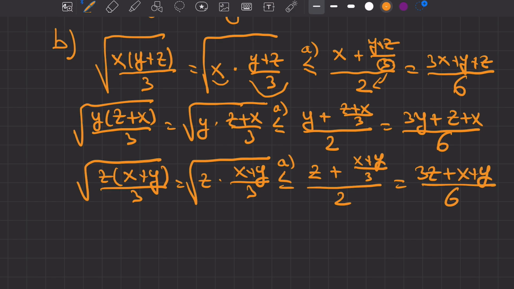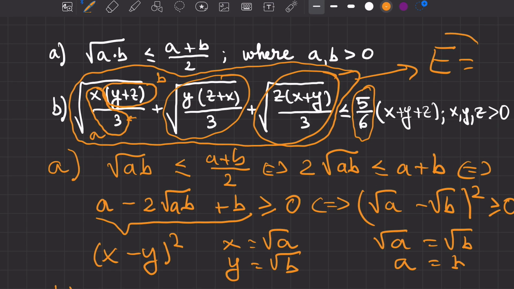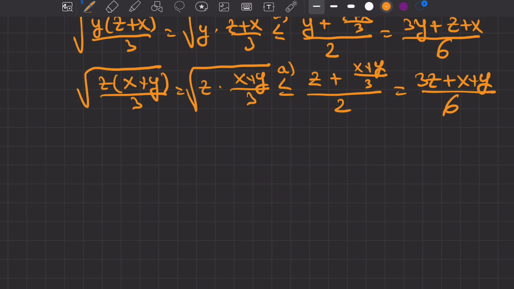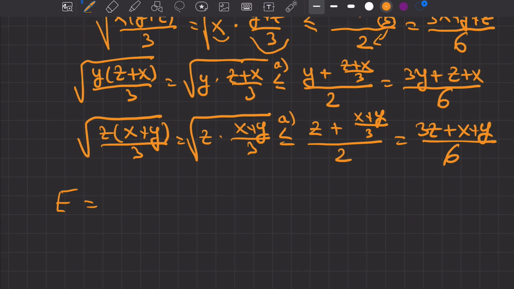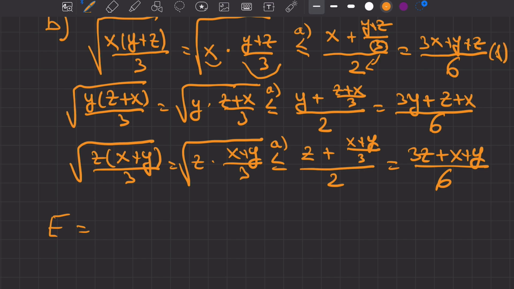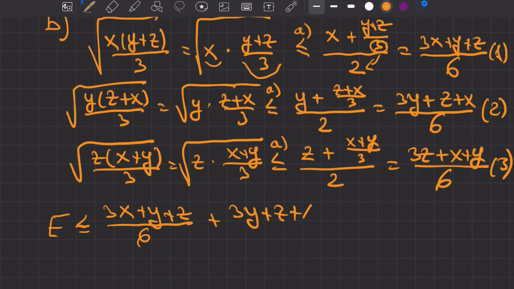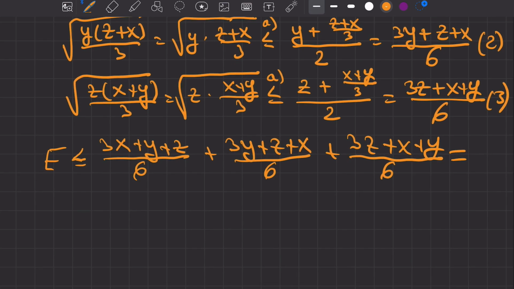And now we get that our expression, as we've mentioned here, is equal to, and now we add the parts that we got from our inequality. It's actually less than or equal to (3x plus y plus z) over 6 plus (3y plus z plus x) over 6 plus (3z plus x plus y) over 6, and this is equal to, if we count x first,